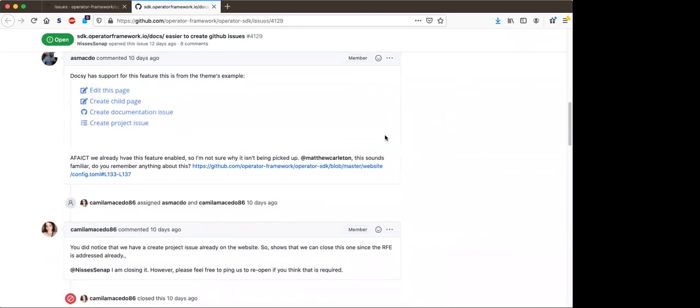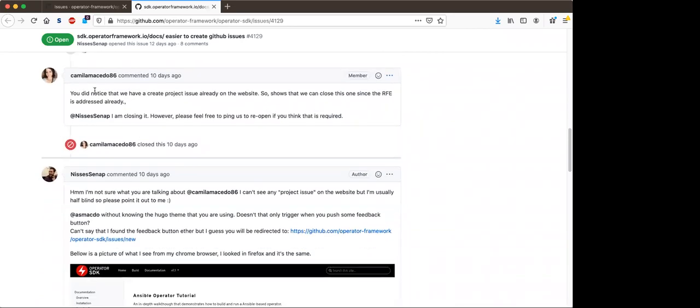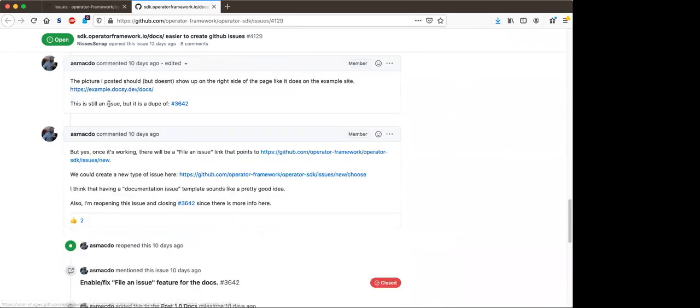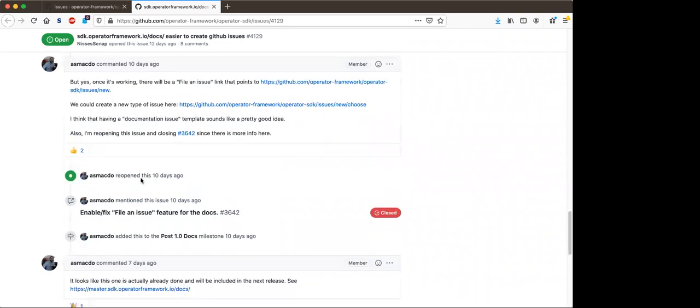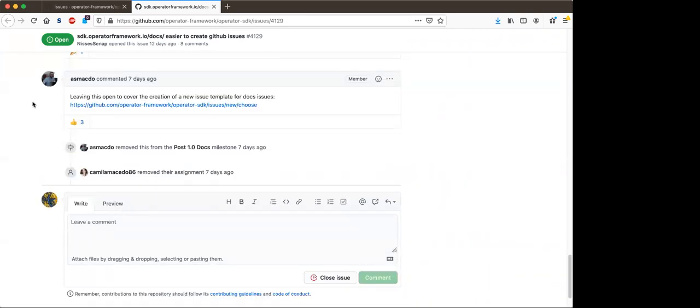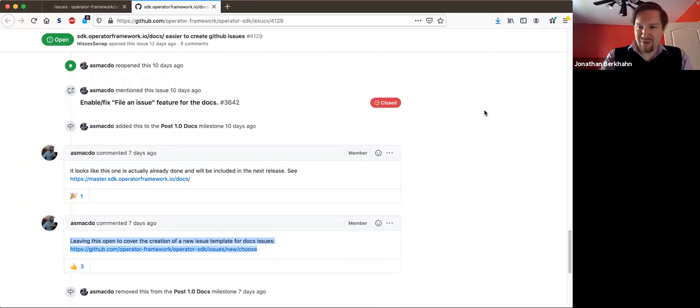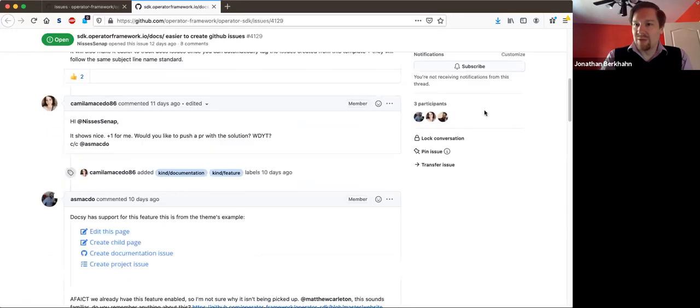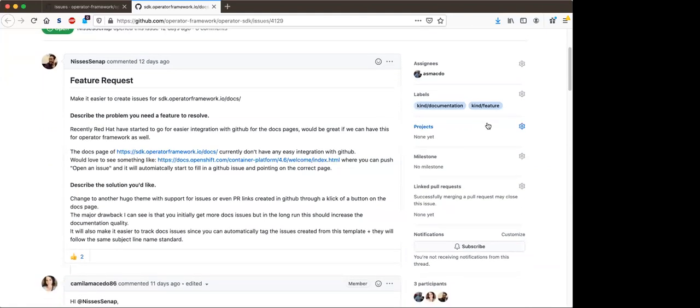However, we're leaving this issue open because if you scroll down to the bottom, we'd like to have a docs issue template. And so that's all we really need to do. But I think that would be nice. We've got bug fix, features, or support, but I think docs issue would be another good template. So this is the actual actionable thing we want done as a result of this issue? Yeah. Okay. I think go ahead and assign it to me, make it the 1.3 release.